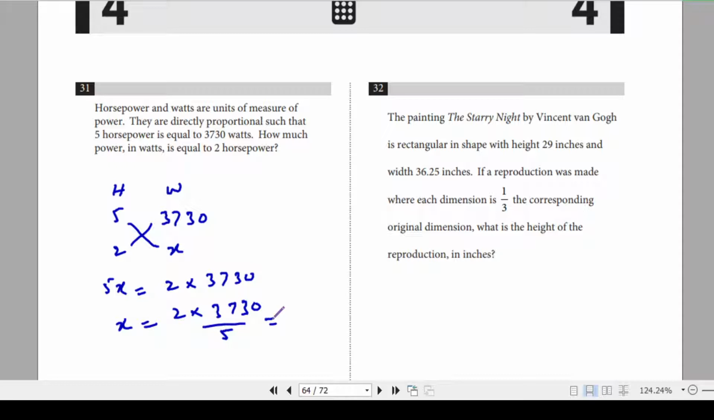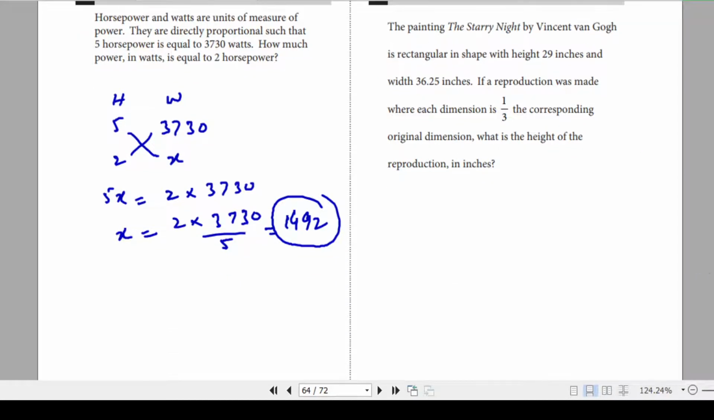The answer is 2 times 3730 divided by 5. That's 1492 watts. Okay. Question 32. The painting The Starry Night by Vincent van Gogh is rectangular in shape with height 29